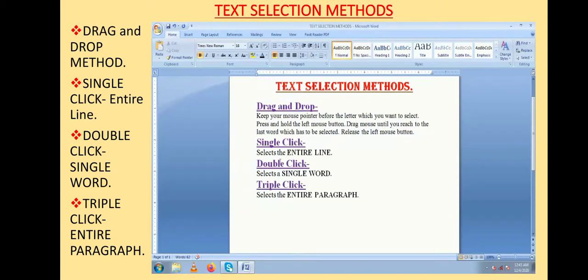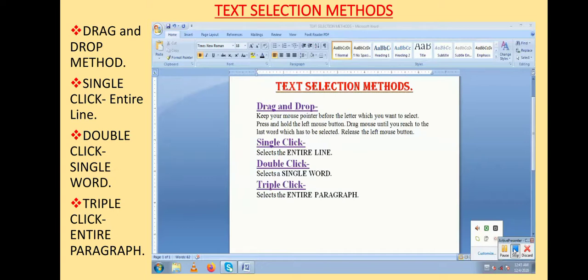These methods are very useful when you want to select your text and copy or cut it and paste it at any other location. Selection is also necessary whenever you want to apply any effect like bold, italic, underline, etc. Unless you select the text, nothing will get applied on the text.